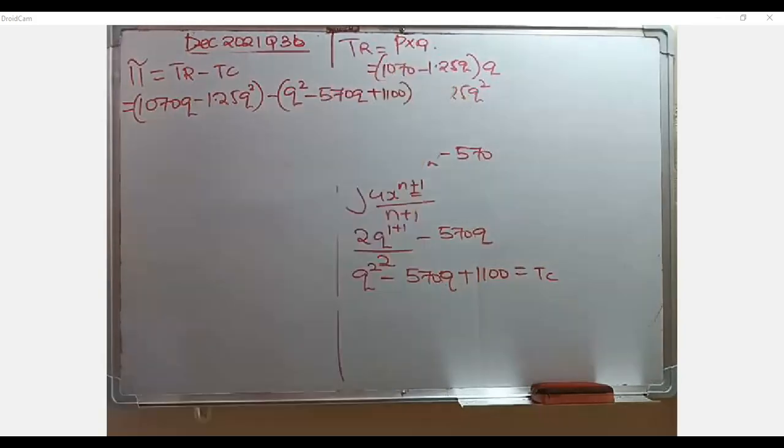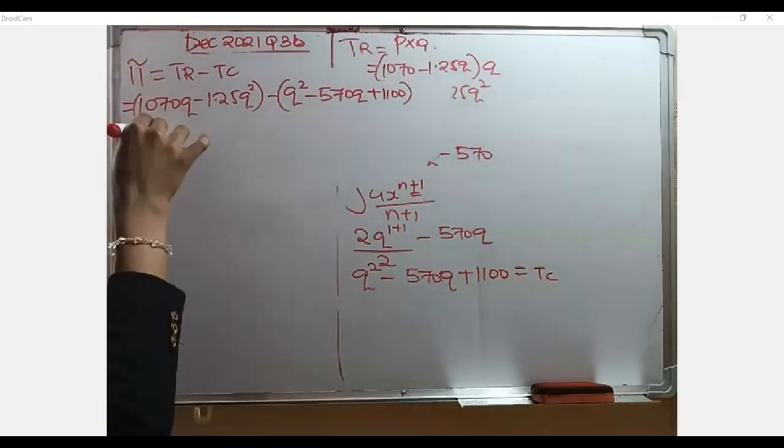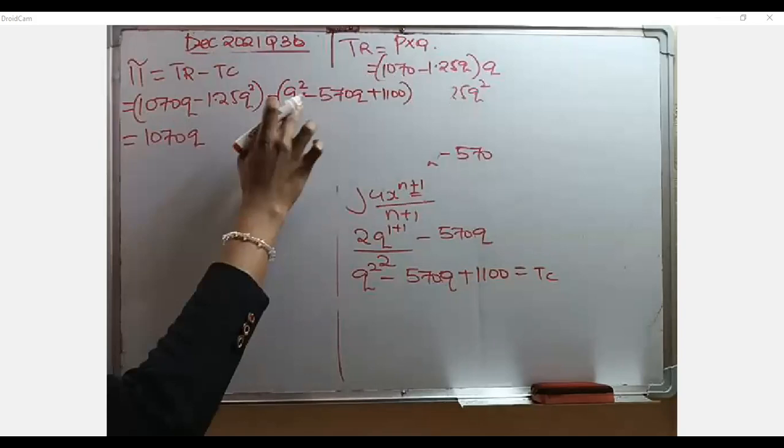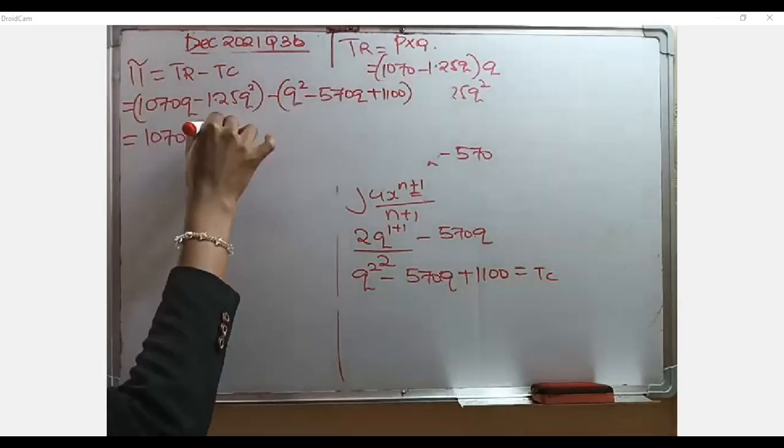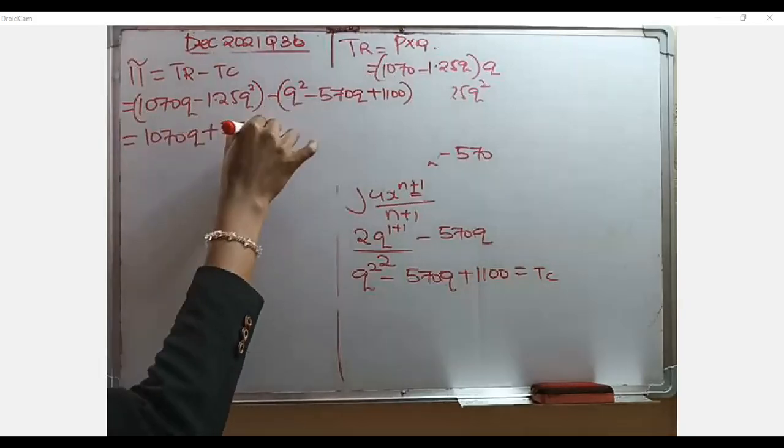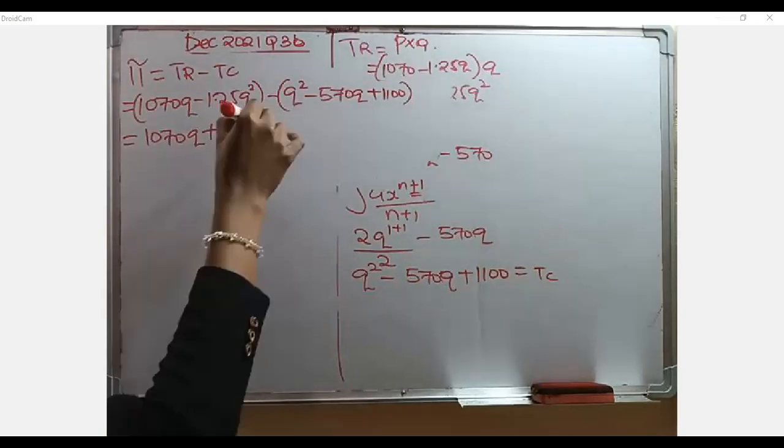Put the like terms together. In this case, we say 1070Q minus, you're getting positive 570Q, then when you come to negative 1.25Q,